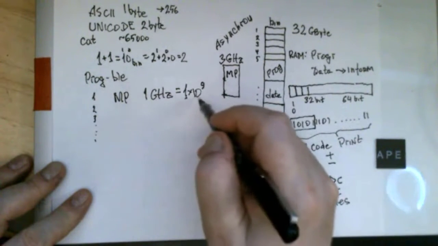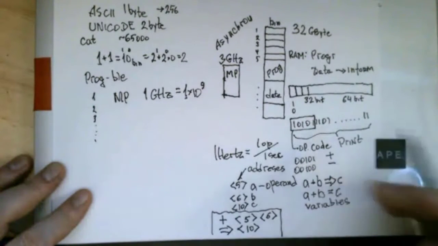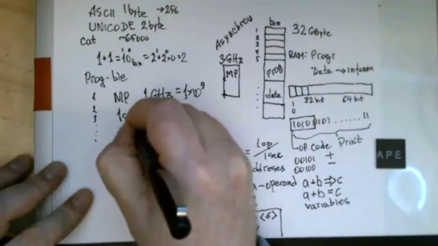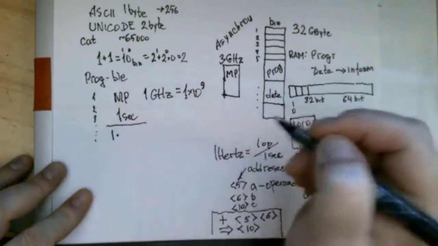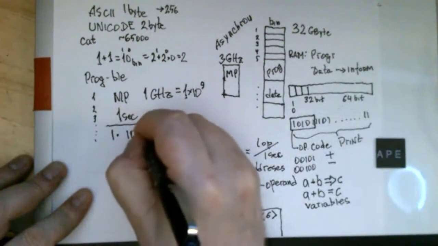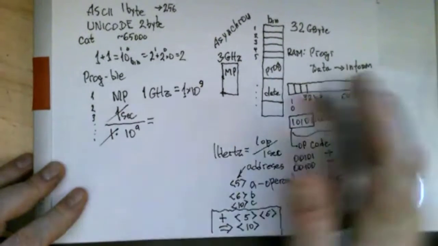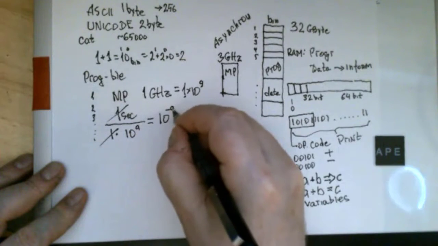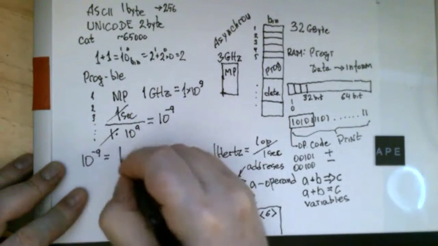So it produces 1 multiplied by 10 to the power of 9 operations. For one operation we need to take 1 second and divide by 1 multiplied by 10 to the power of 9, which will be, after shortening, 10 to the power of minus 9. 10 to the power of minus 9 is 1